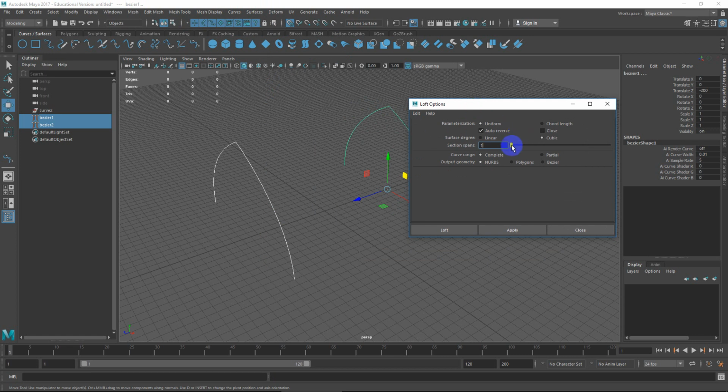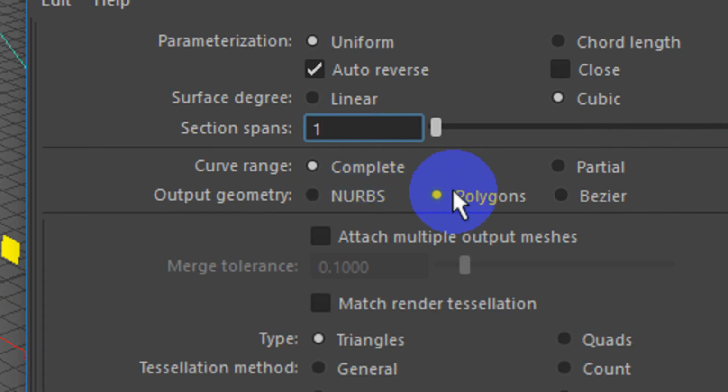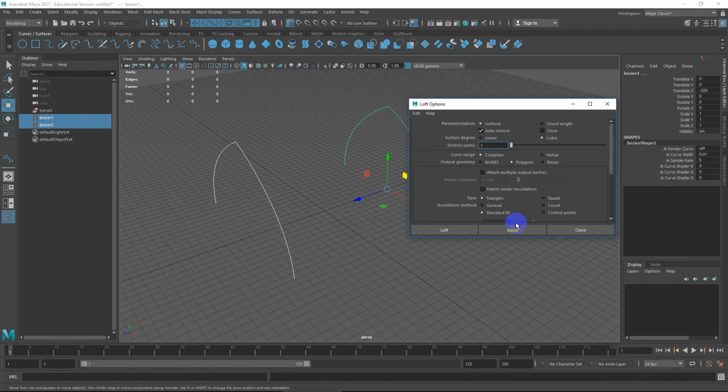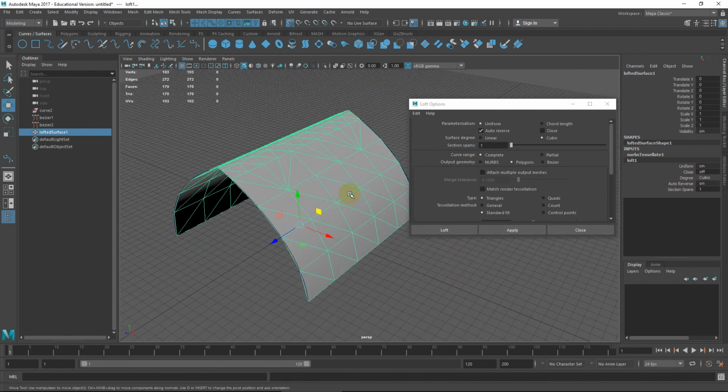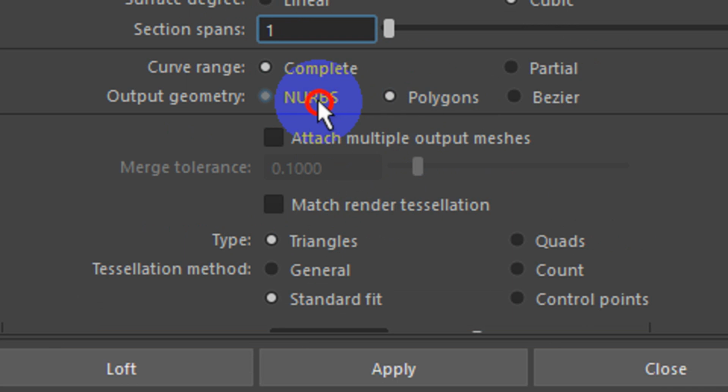So there's a number of spans. This is in NURBS. So you see the output here is what's important, the NURBS, right? We actually don't want that. We want this to be in polygons. So I'm just going to hit apply and check this out. It's an ungodly mess, right? Not clean, not easy to deal with. It's gross. So I'm going to undo that, because once you switch from NURBS to polygons,